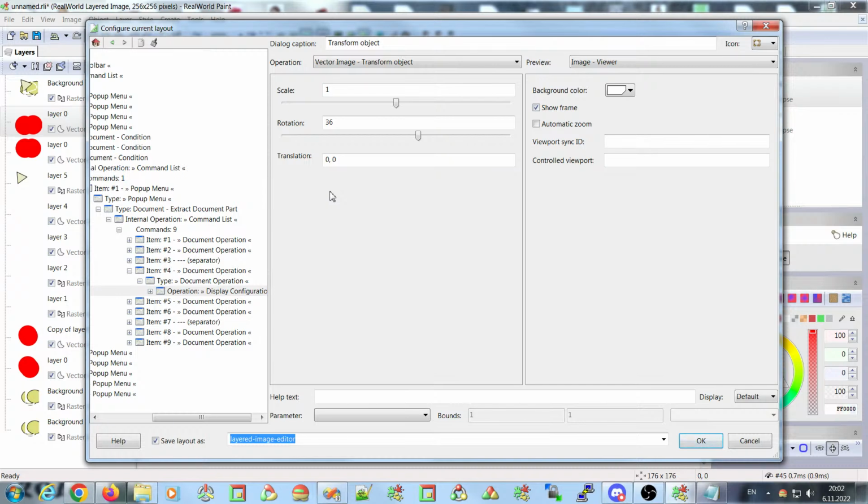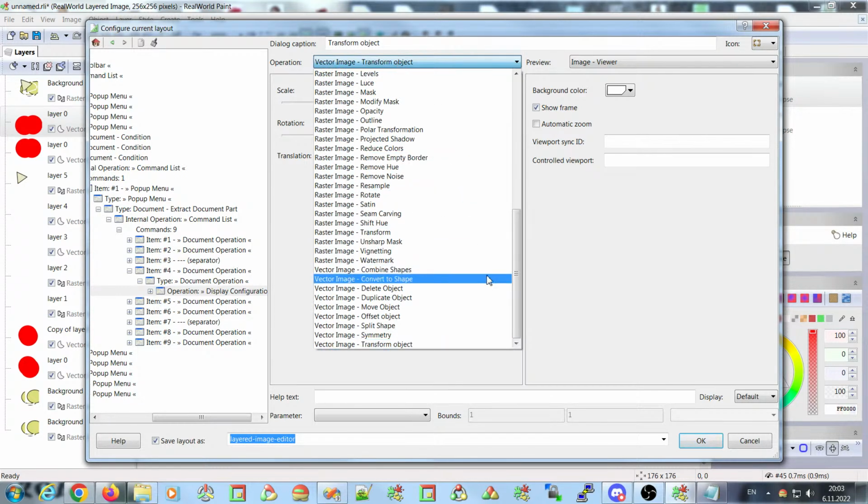You would have to of course program it in C++ or another language that can interact with C++ code, and then you would add this DLL file to the folder of RealWorld Paint or the plugins folder,